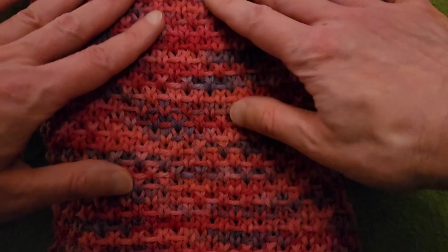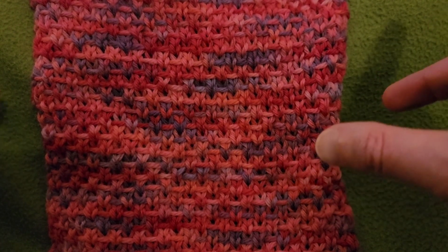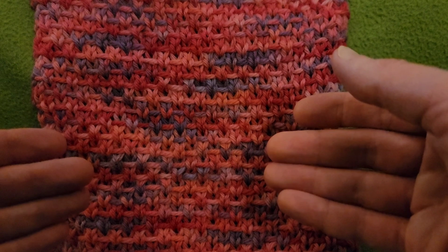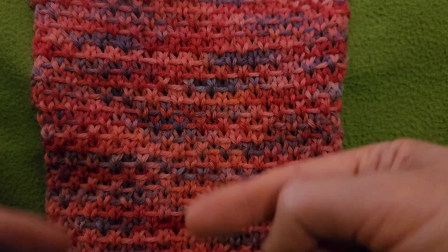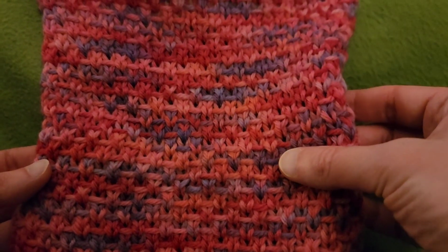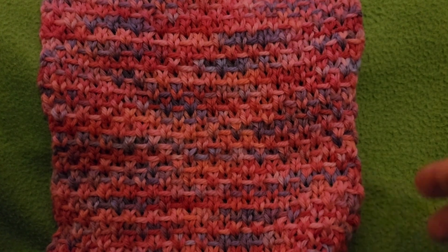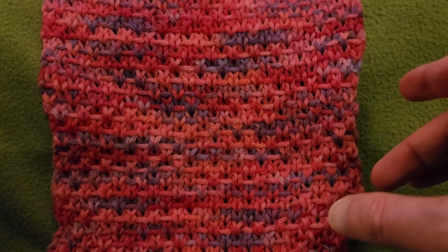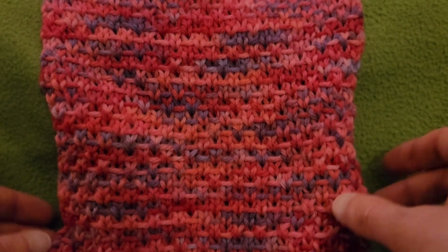As far as the composition of the stitch, it is in essence a stockinette style stitch where you're doing predominantly knit stitches on the right side and purl stitches on the wrong side. That being said, it will have a tendency to curl on the edges. So if you are doing a blanket or a scarf, I would strongly recommend adding a border to that, whether a garter stitch border, seed stitch, what have you,